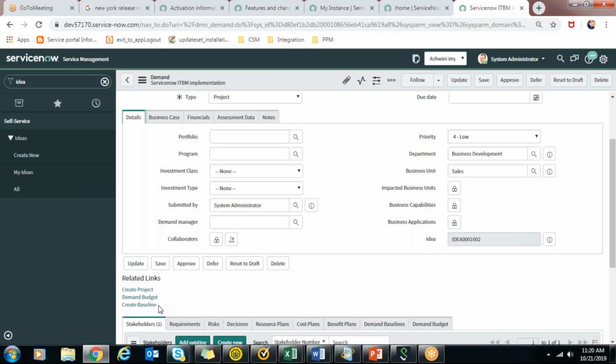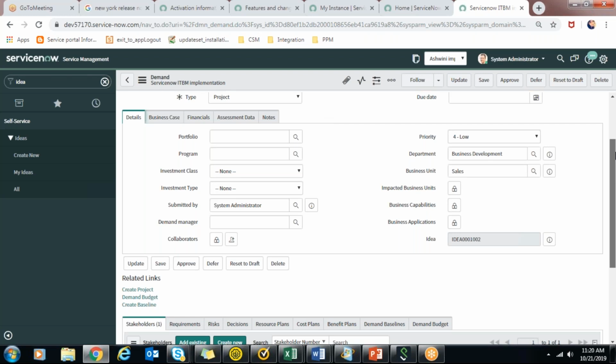So between baselines, suppose there are requirements changing, or there is a risk, impact, anything, analysis, assessment, after all the screening and qualifying, something is changing, you can create one more baseline and see what all changes were there between the baselines. That will give a clear picture as to how much deviation in the delivery time, or how much deviation in the resource plan or cost plan is going to happen.